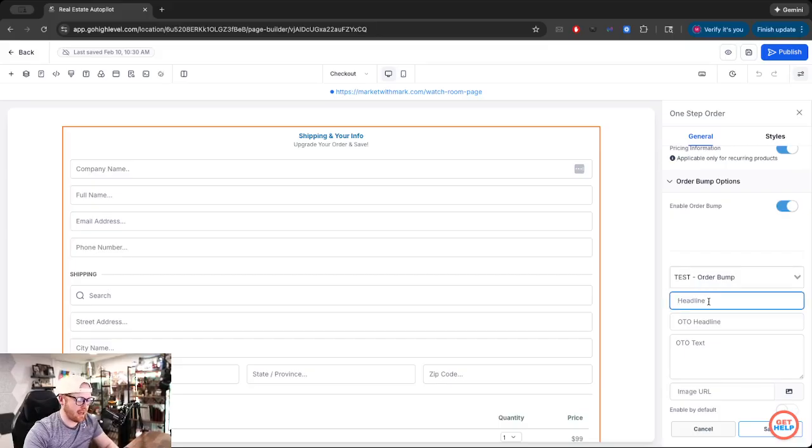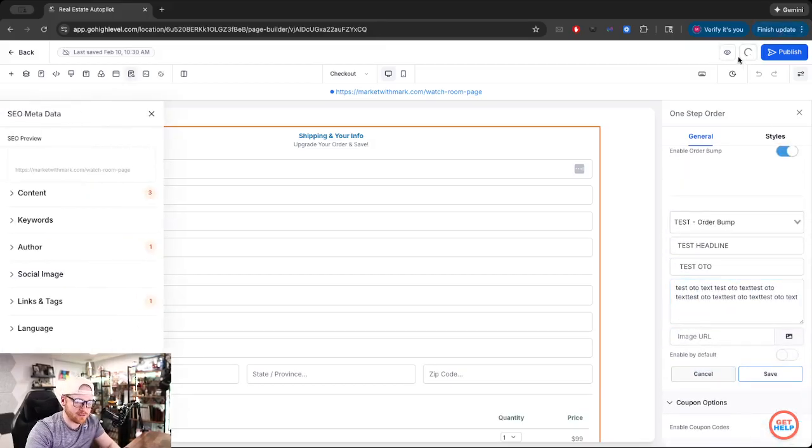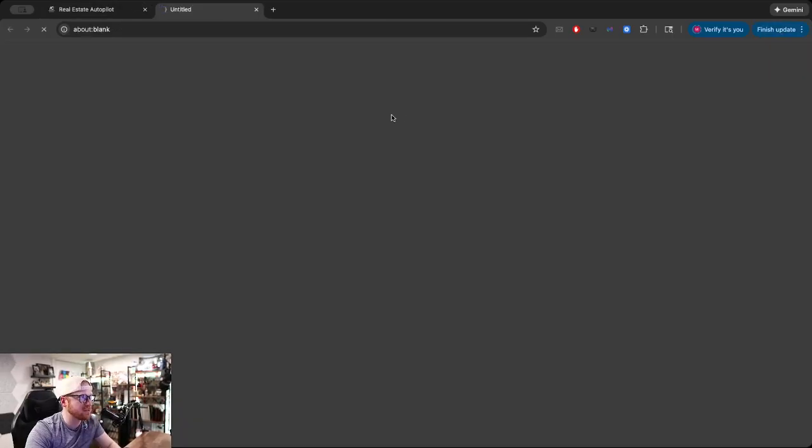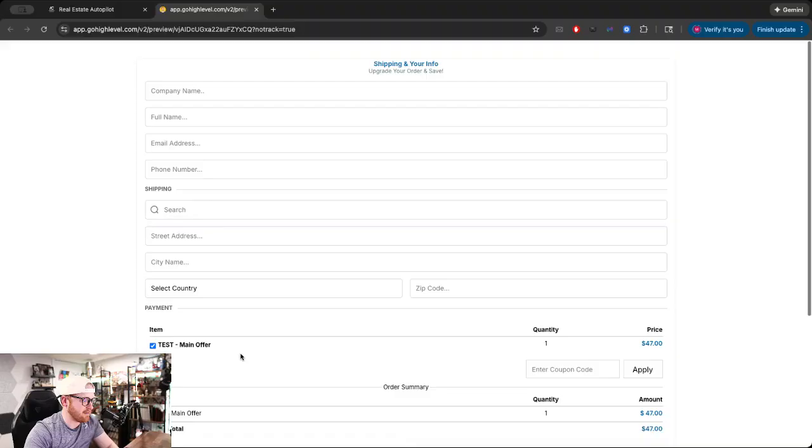And this is where we can add our headline. I'm just going to do some test copy to show you what this looks like. So we'll do a test headline, and then a test OTO headline, and we won't make this not caps, test OTO text. I'll copy and paste that a couple times because this is going to be the description. So basically, if I go ahead and save this and preview this,